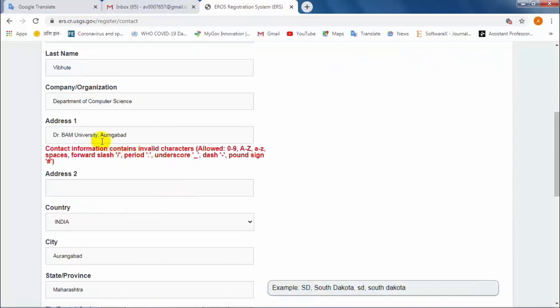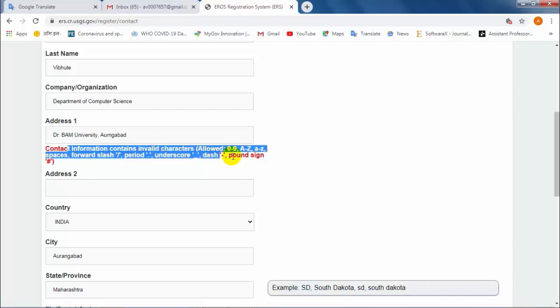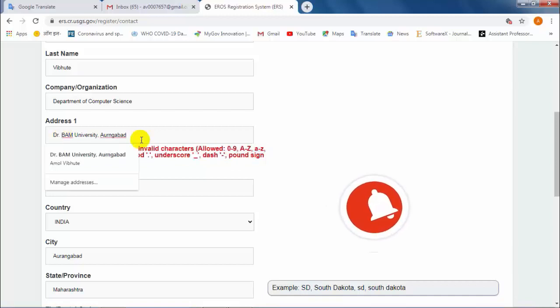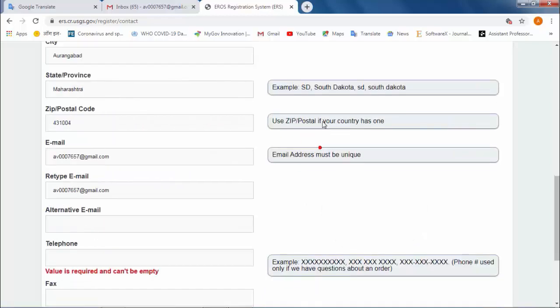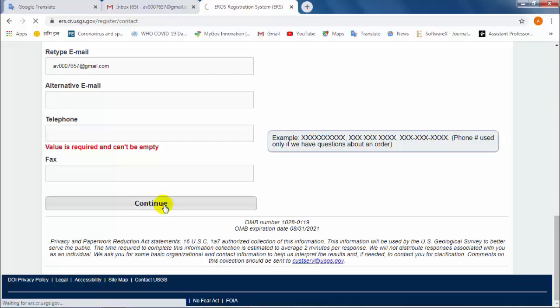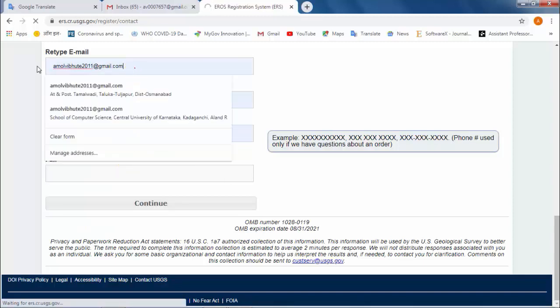So I will see. They are saying that the information does not contain. Okay, so I am erasing the dot and comma from here. Now I will continue it. Again, it is compulsory, so I will provide my email ID.